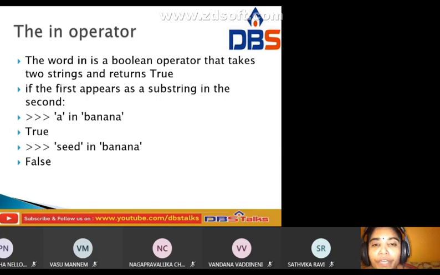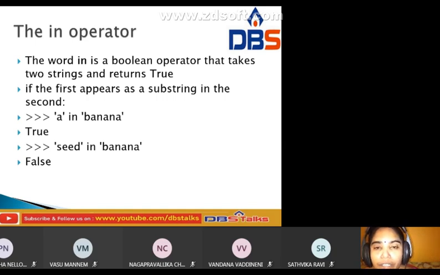Boolean means we take true or false. Here, if the first string appears as a substring in the second, what is the use of this in? We take some substring, and you have to check whether the substring is in the whole string or not.